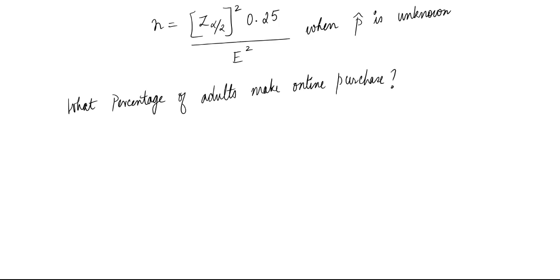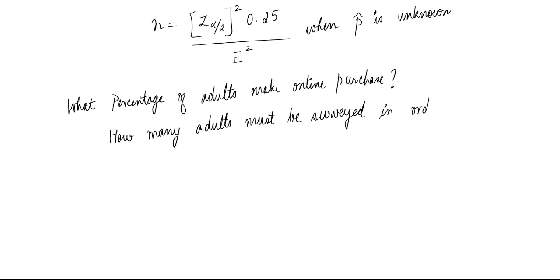Before that, we're saying the question is how many adults must be surveyed in order to be 95% confident that the sample percentage,